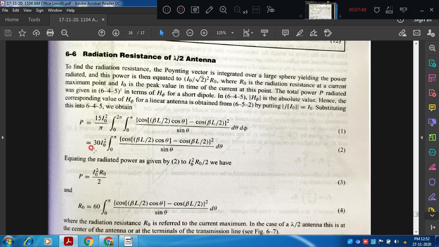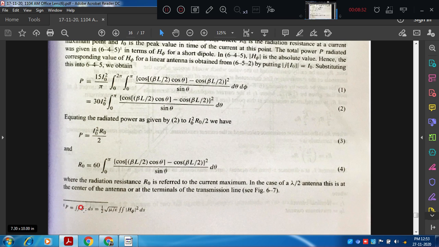So you can rewrite this integral as 30 I naught square times the integral 0 to pi of [cos(beta L by 2 cos theta) minus cos(beta L by 2)] whole square by sin theta, d theta. So equating, the radiated power is given as I naught square R naught by 2. Therefore we have P is equal to I naught square R naught by 2. Why? Because if you square this term, I naught square will remain, the under root 2 square will be 2, so R naught will be as it is. Substituting P is equal to I naught square R naught by 2 in the above equation, therefore R naught is equal to